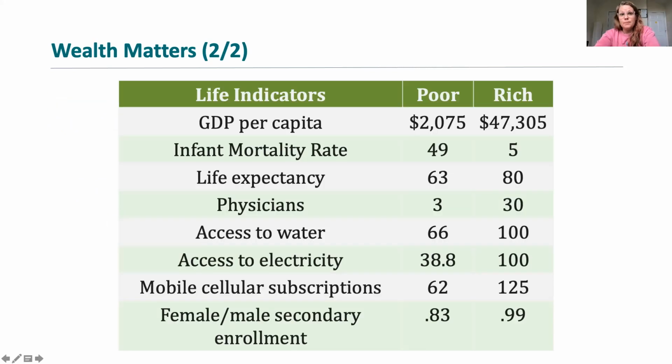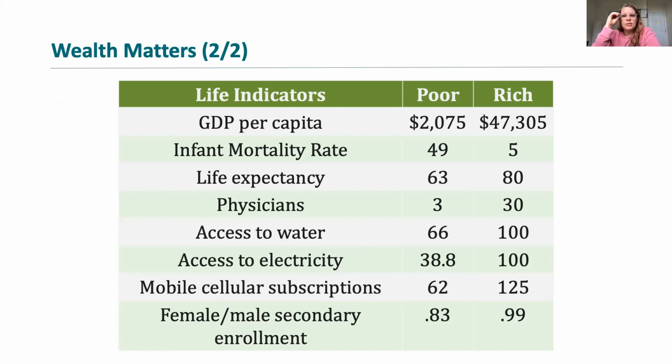So in your ebook, in your textbook, I encourage you to go and look at this page. There's a table, it's table 11.1. And it shows human welfare indicators for a selection of rich and poor countries. Now, the table is really large. So here in this slide, I've taken an average for the countries that I'm considering to be poor nations and an average of the countries that I'm considering to be the wealthy or the rich nations.